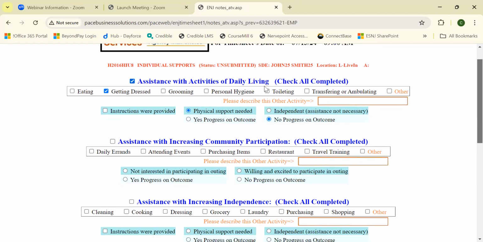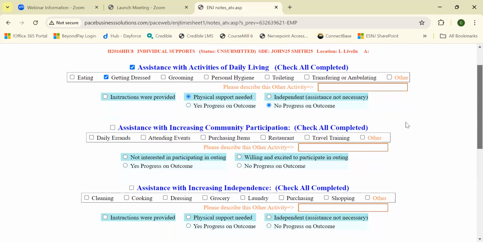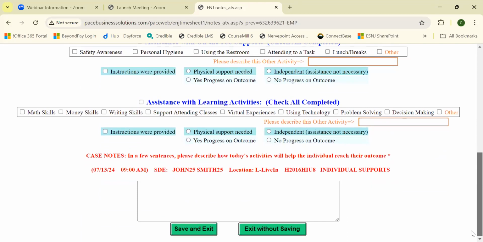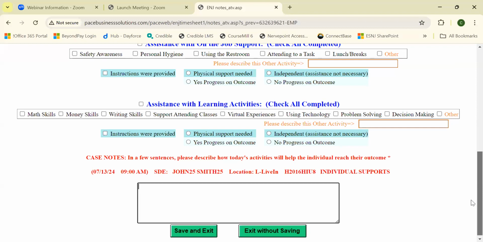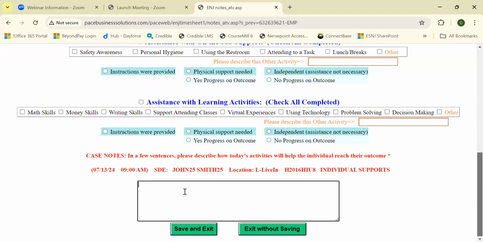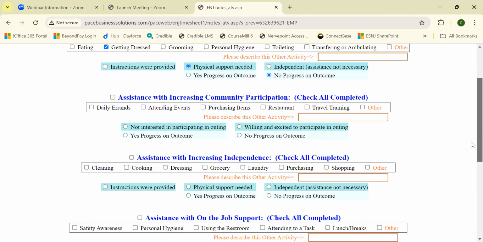So once you have completed this section or any other section that you have selected as a strategy, you will have to come down to the bottom to provide more details during your shift. You want to at least provide a 10 minimum character so that you can save and exit. If you do not provide at least a 10 minimum character, it will not allow you to save. So for this example, we're going to say,